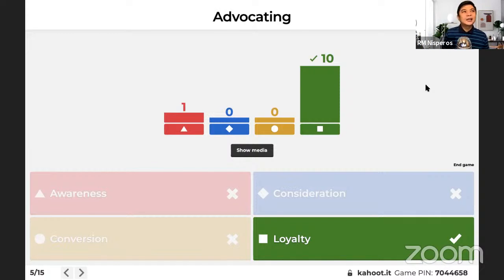So ang sabi nila, I don't know if this still stands in the marketing world. Before, when we were studying marketing sa classroom, the average daw of an individual, kapag an individual is happy with a service or a product, they would usually tell the experience to 3 individuals.